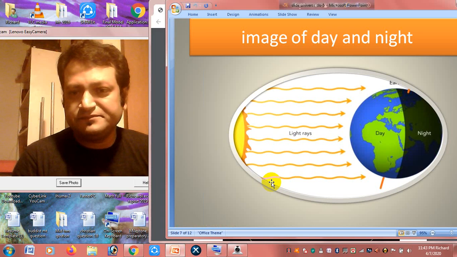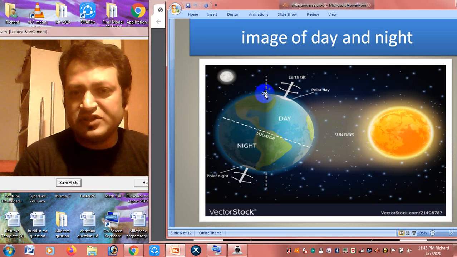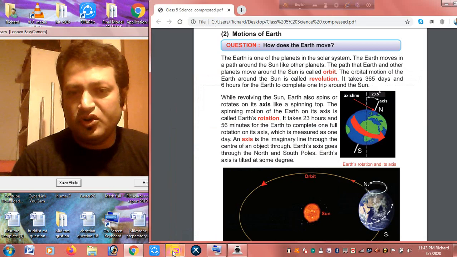So if I show you another picture, you can identify it nicely. This is the sun, and this is the middle line. This one is the axis line, and it also creates a 23.5 degree angle. So, for the next topic,